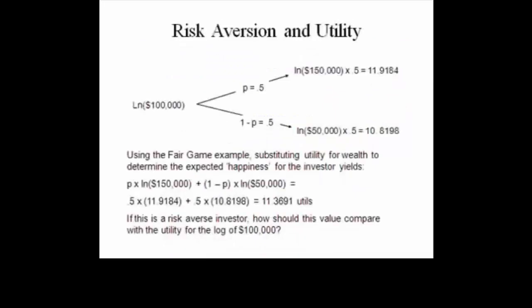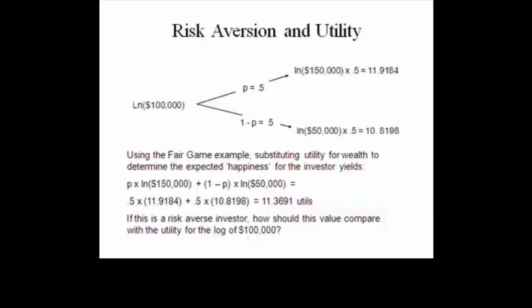Because utility is another way to measure wealth, the utility values, or the logs, of $150,000 and of $50,000 can be substituted into the expected return equation. This will provide the expected utility for a bet with a 50-50 chance. This time, the expected return equals, again, the probability of A times the log of A plus 1 minus the probability of A times the log of B, or 0.5 times 11.9184 plus 0.5 times 10.8198, or